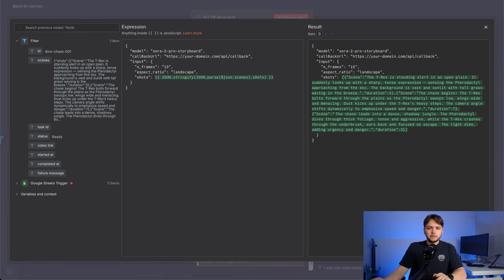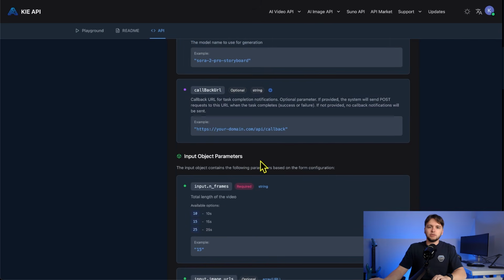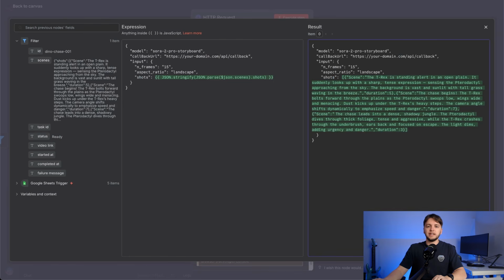configuration. By the way, if you're ever interested in what input needs to go into these configuration objects, usually the API you're using will have docs that go into detail about each field, like what kind of data type needs to be inputted, how many scenes you're allowed to upload, or just how the data is structured. For example, on Kie API, you'll find all of that under the input object parameters section. Also, if you wanted to use a different AI generation model from Kie API, they have a bunch to choose from. You can easily switch it out by updating this part here and making sure the input configuration is correct